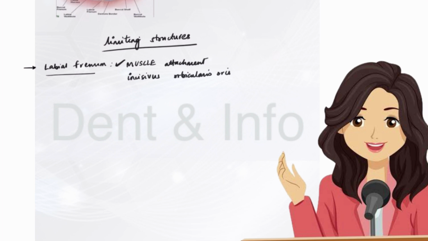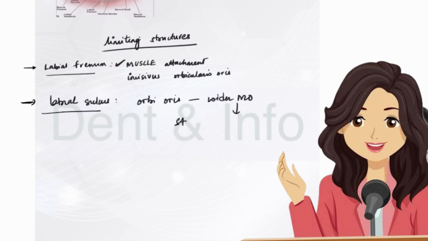When we open our mouth wider, orbicularis oris is going to be stretched. It will be widened. So it is going to actually narrow down your labial sulcus. So that is our second point: when orbicularis oris is stretched with wider mouth opening,